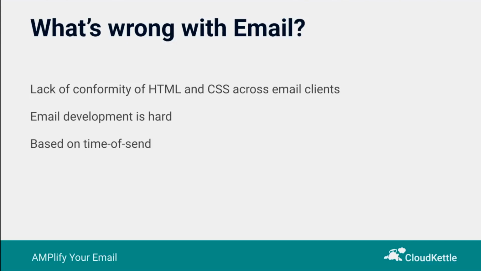In addition to the design challenges and limitations, email message content is based on time of send and can't be changed after the email's been sent, which can be problematic for volatile content like time-limited offers, fast-moving products, and customer data. Furthermore, email doesn't offer interactive capabilities, as any user action, like clicking on a button or a link, requires users to be directed away from their email to a web browser, which can be a very frustrating user experience. And it's these challenges that AMP for Email has set out to address.